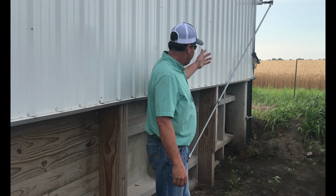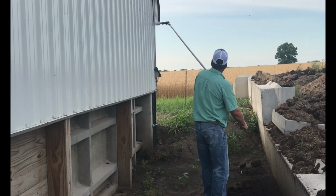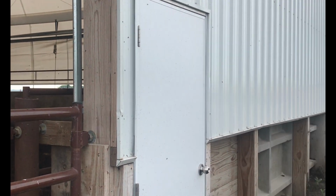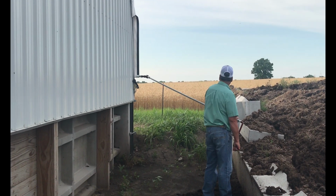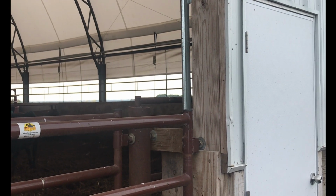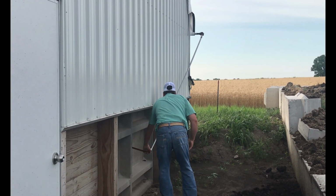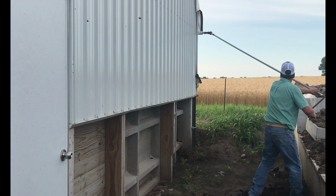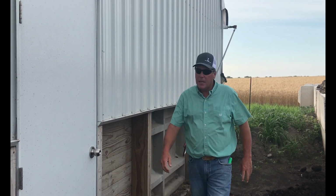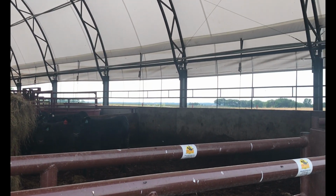Another feature that I really like is that there is a crank handle here to roll up and down about a 6-foot opening covered with this tarp when it's down. It goes the length of the building so that in the wintertime I can seal it up to cut that cold north wind off of them, but in the summertime all I have to do is roll this up. And as you can see, it makes a nice airflow system there